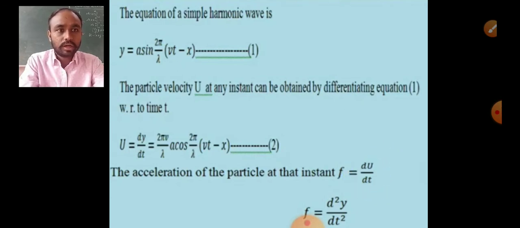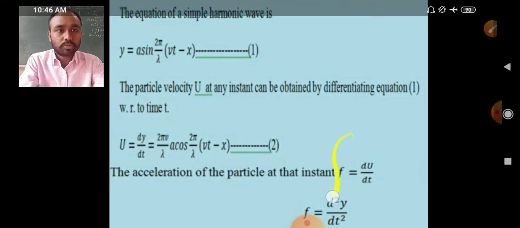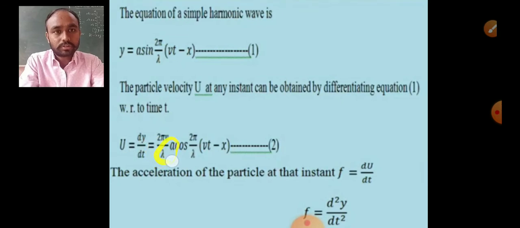This is acceleration, denoted by small f. You can denote it by a, but small a is already used here, so to avoid confusion I have denoted it by small f. So, small f, that is acceleration. Moreover, particle acceleration is the rate of change of particle velocity, du by dt,